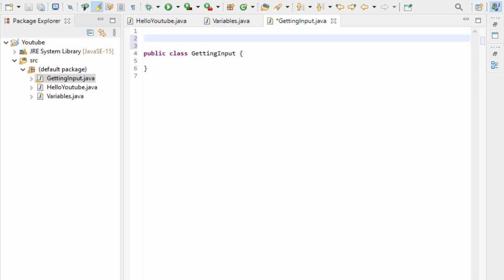So write this basic code here first. Import java.util.scanner,